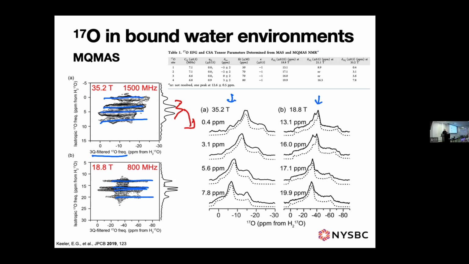They don't look like just the CQ that you have from the central transition, because you're getting the triple quantum characteristic from the other transitions, which have different interactions going on. So these were fit in a program called DMfit,